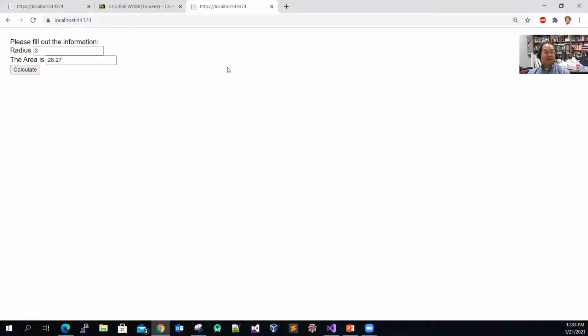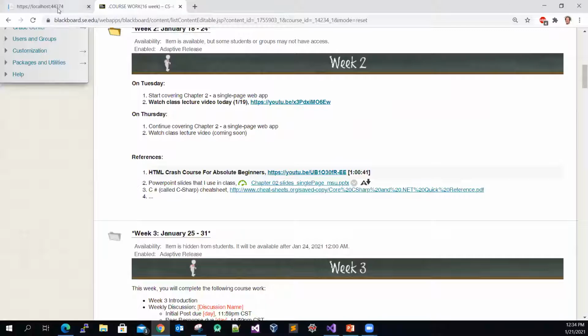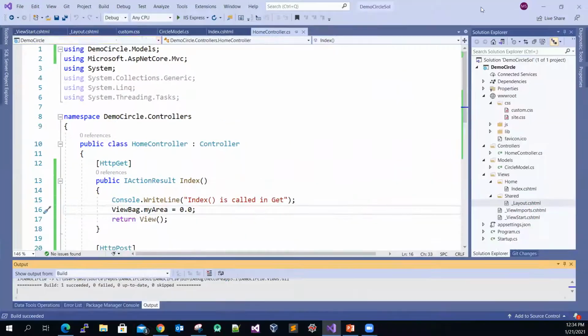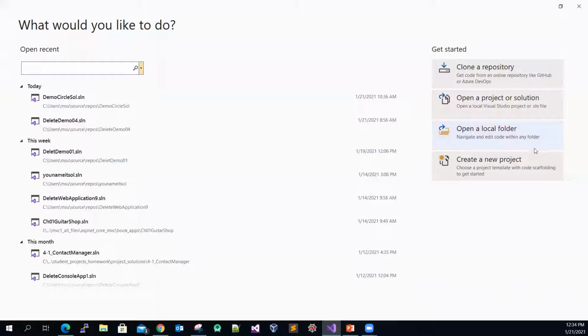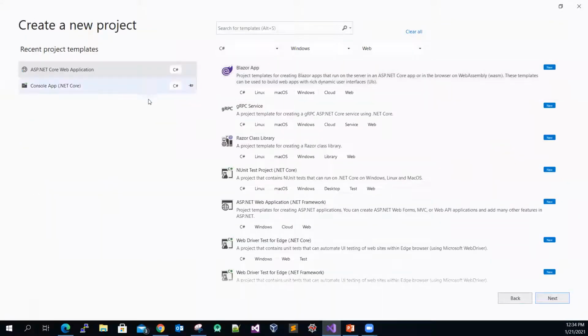All right, let me turn off my webcam, since I don't think I need to use it. Okay, so let me create everything from scratch. Let me close my web application. I'm going to assume that this is a brand new web application, so I pick the C# language running on my Windows platform web application, and I'm going to pick